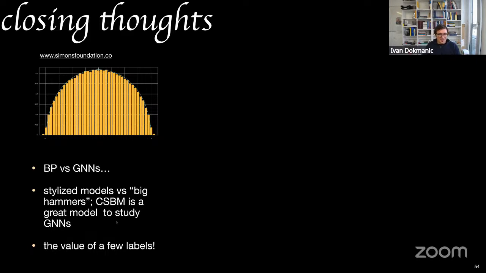Closing thoughts. So I think there's a lot of value in actually using cSBM and still a lot of potential to think about signal processing on graphs. I'm really surprised that there are no great ports of belief propagation that are learnable, and I believe there's a big gap there, algorithmic, that we could improve performance a lot by looking a little bit into physics.